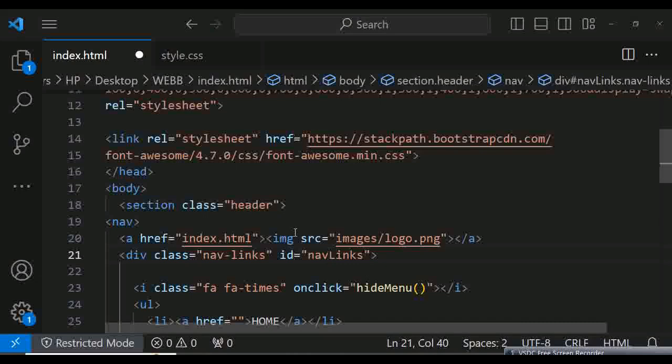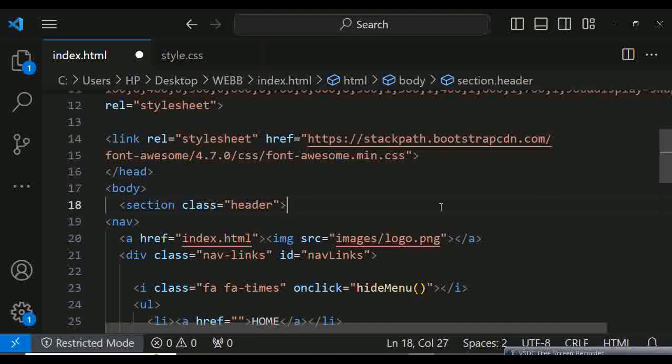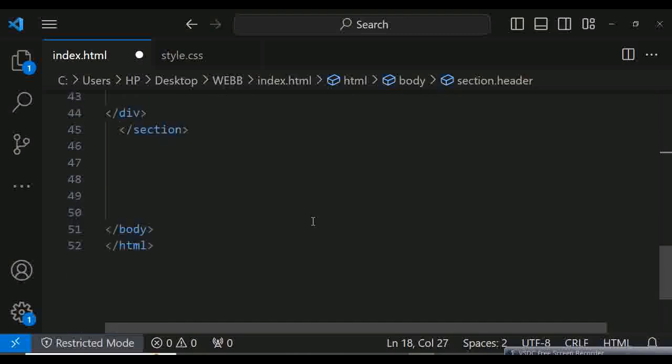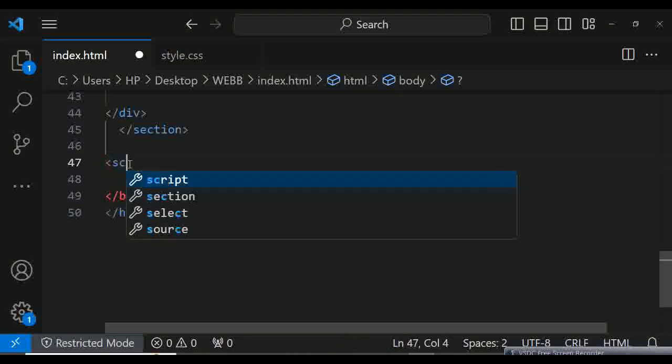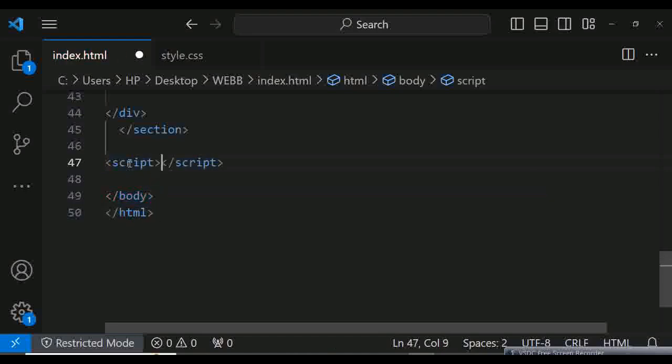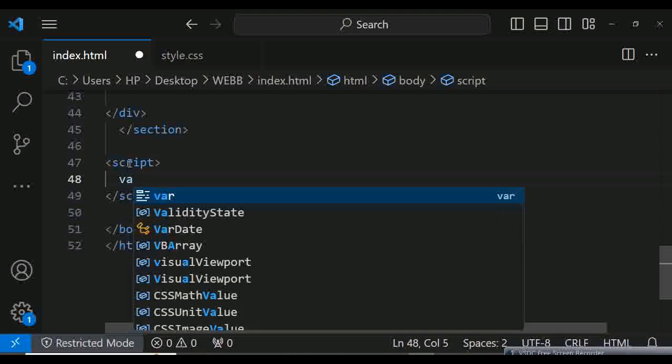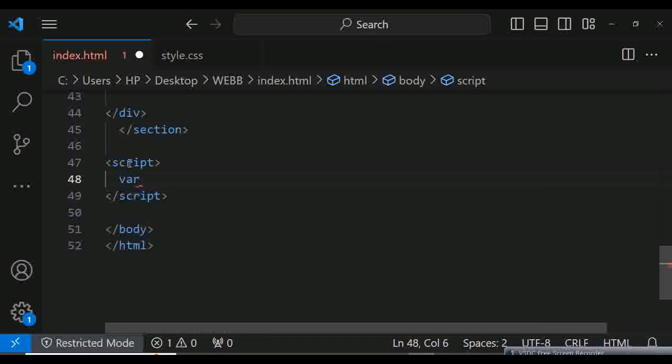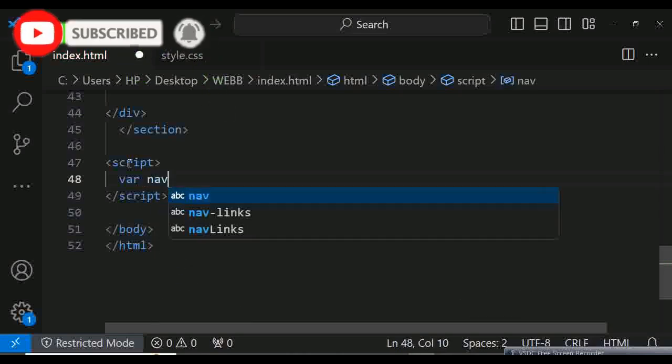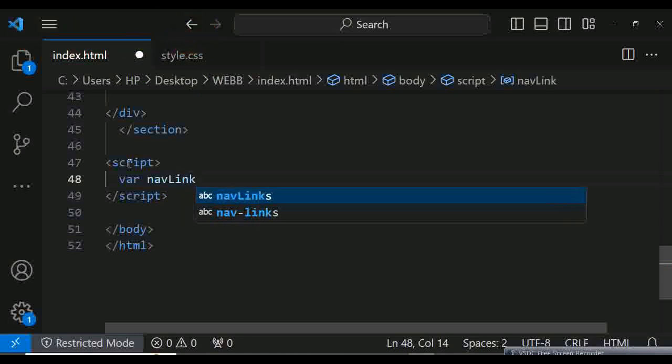So why we created an ID is because with JavaScript, we want to call an ID name. So that's why we gave it an ID. Okay. So let's go to the bottom of the page. So before the close of the body, let me delete some space. Okay. So open script. So that's for JavaScript. We're trying to open. So click enter. So in between there, let's click on variable. So nav links, that's the name of the ID, equal to